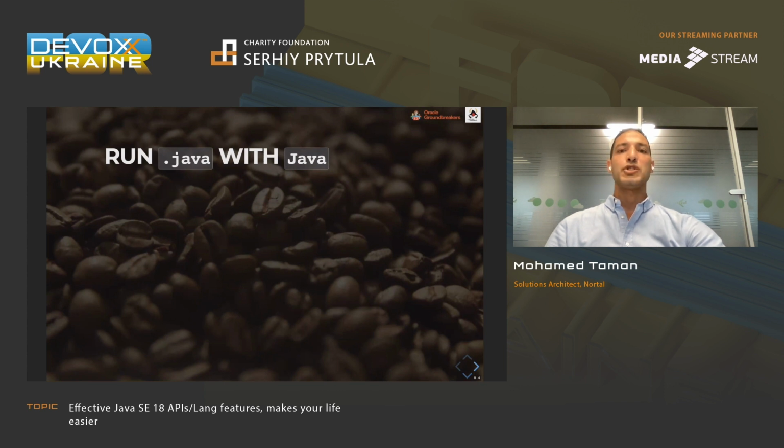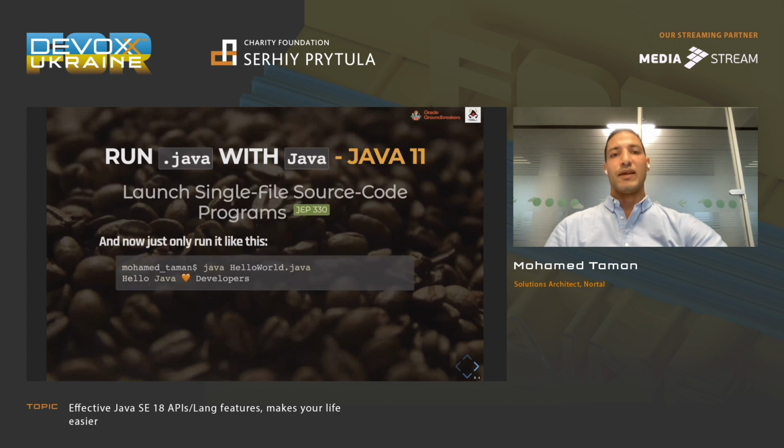So we said, okay, if I have a class and I would like to evaluate it immediately, what can I do? Can I run Java with Java? Yes, I can do this. Since Java 11, I have a new feature called Launch Single-File Source-Code Programs, and it's really amazing. You have the source code that we introduced before, so you can run it with Java immediately without compilation. But there are some restrictions because it's in-memory compilation. It should be one single source file, named after the class, so you have to understand this. And you can have internal dependencies based on JDK modules, not external jars. So it has limited capability, but it's very nice to have.